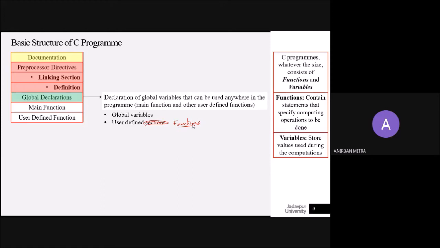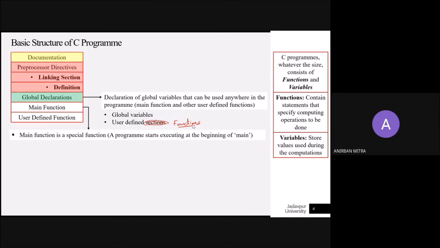Now let us come to what is a main function. This is a special function that is present in a C program. Why special? Because once everything else is done before this, that means documentation is done, preprocessor directives are done, linking, definitions, global declarations, once these are sequentially over, then the compiler looks for the main function.